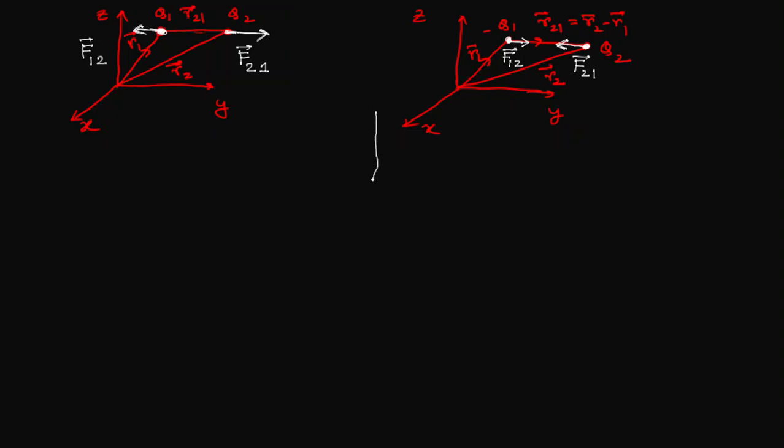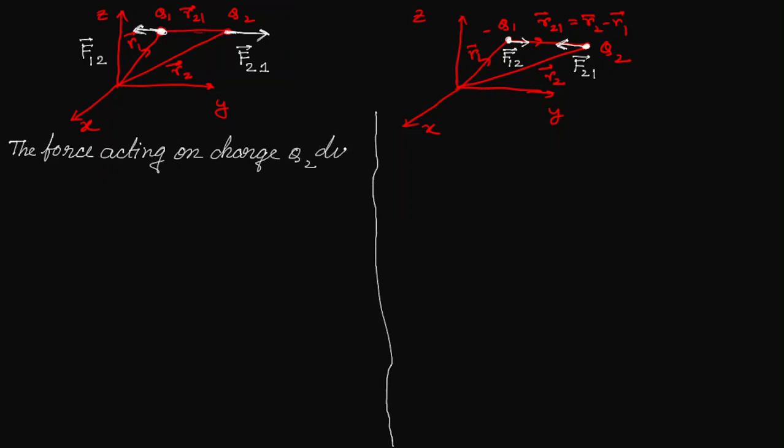So now if I want to write this f12 for both the cases in vector form, how can we write it? Just write here: the force acting on charge q2 due to q1 is given by